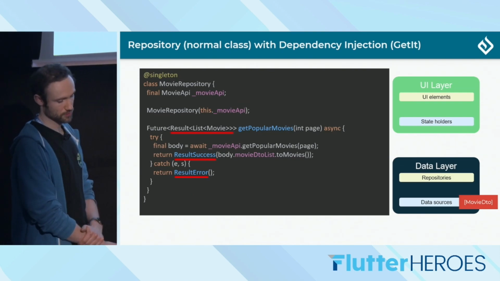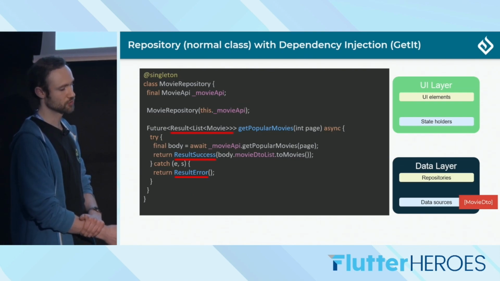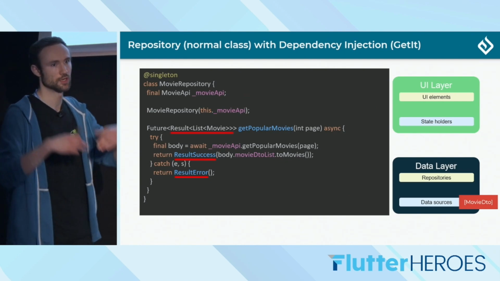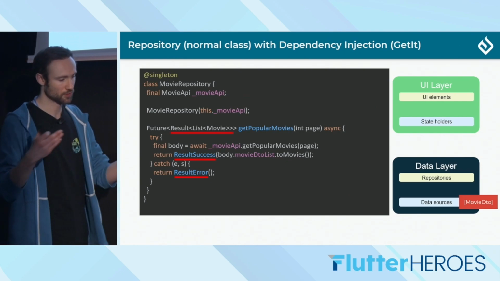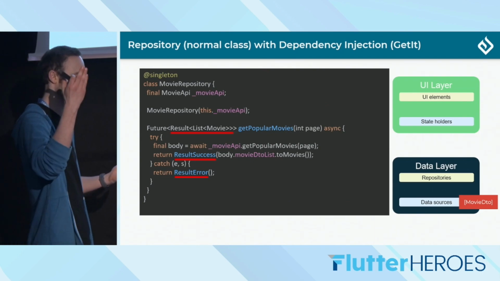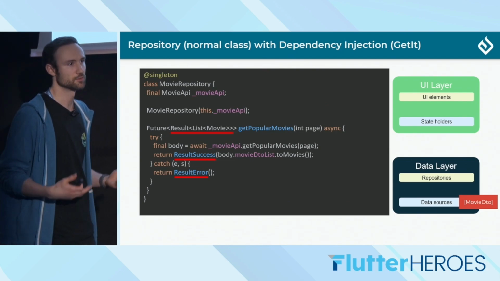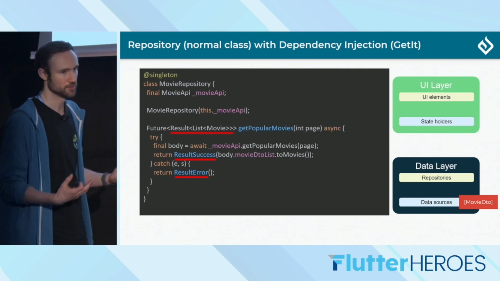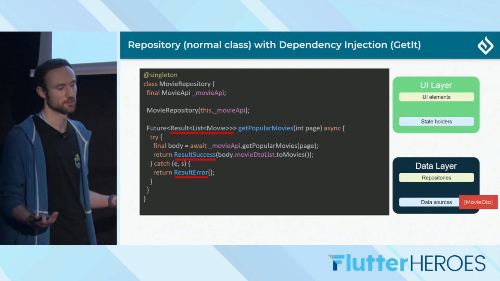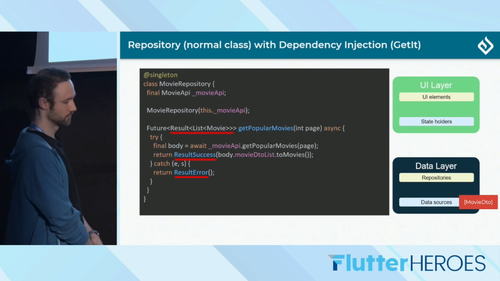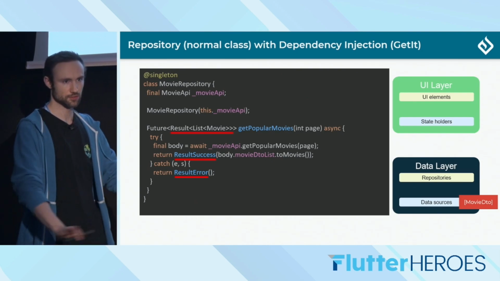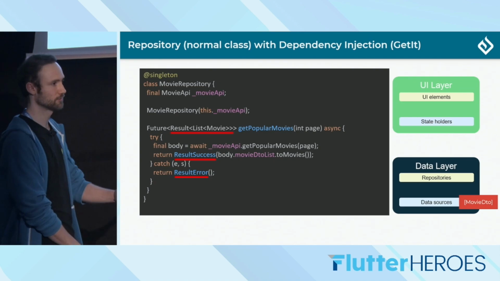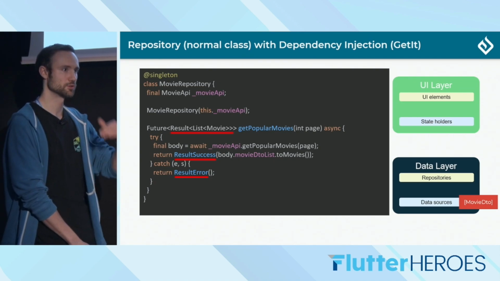We want to make sure that nothing other than the data that's needed passes the repository to the upper components. Because if, for example, some exception were thrown to the upper components, that would be quite bad, because these components don't know how to handle it, and this information is also nothing they need. If you, for example, have some network exception, then that's nothing that's related to the upper components. So first of all, we're making sure that nothing other than the data we really want to pass to the upper